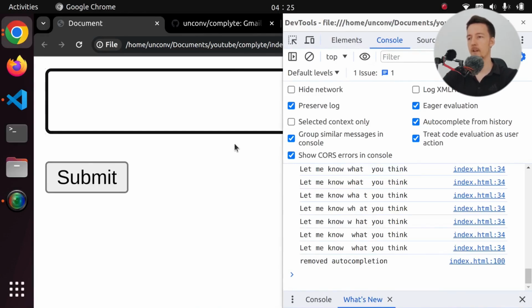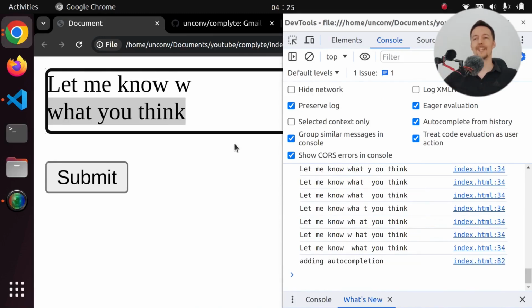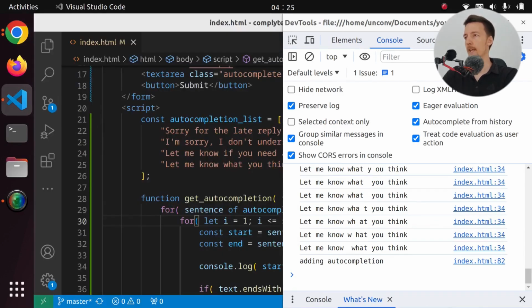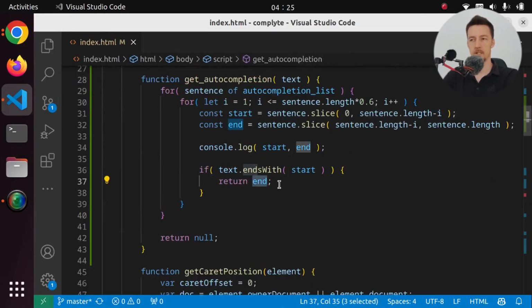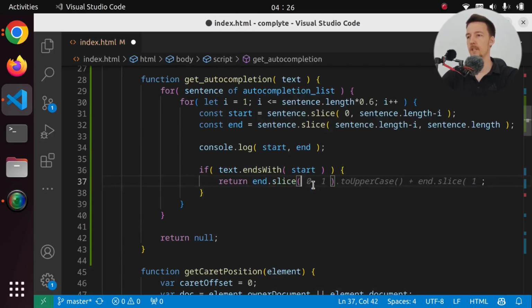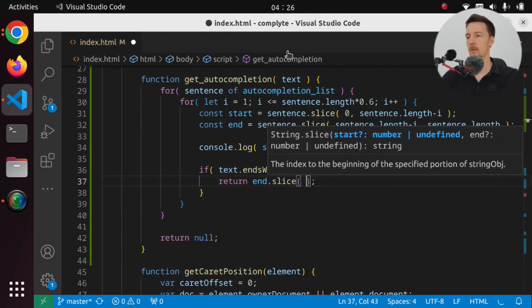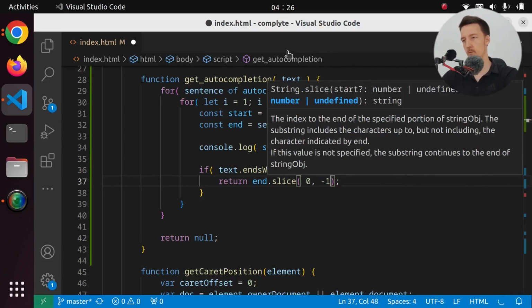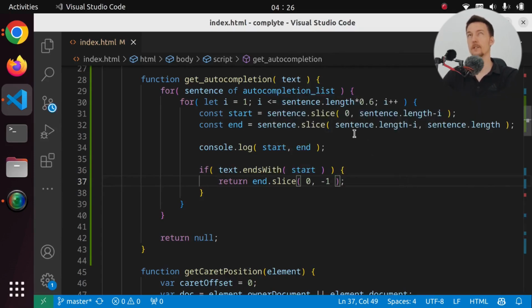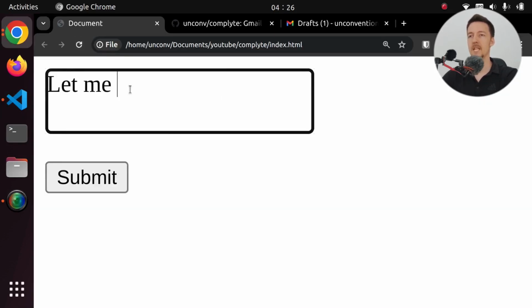So what if I remove everything and I say, let me know what you think? Okay, but we have 1 extra character in there. And why is that? We have to remove 1 character from this. I don't know why, but that seems like what we have to do. So we have to slice from this. What is Copilot doing again? Just start from 0 and I think the end can be minus 1. So that will take the last, we have to take the first character out. So we just put 1 here. Let's try again. Let me know,